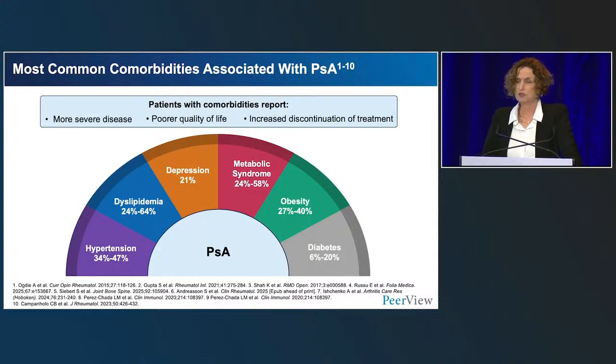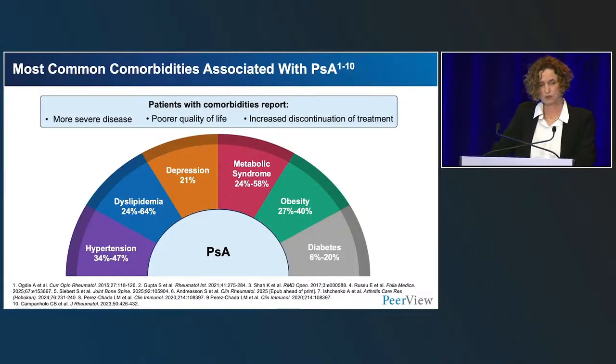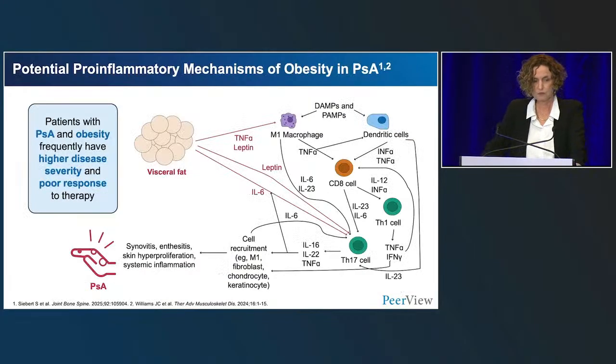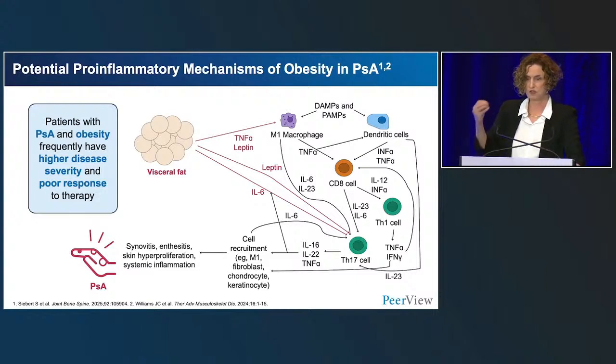Another major and important comorbidity is depression. Up to 20% of the patients have depression, and we also learned that having depression is associated with poor treatment outcomes. And obesity has gained much attention lately because of the emergence of effective medications that can help people lose weight. We don't know exactly what the mechanisms are that link obesity and psoriatic arthritis, but one of